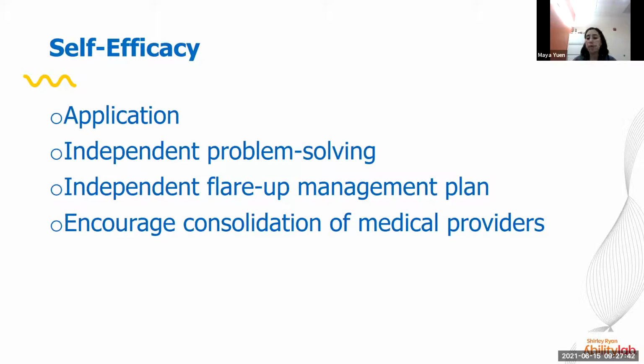Encouraging independent problem solving. So again, initially giving them direction, but quickly holding the patient accountable. So saying, well, what do you think would be a good strategy if you start to have pain during your camping trip? And they hate this at first. At first, it's so frustrating. But eventually it results in a great sense of pride for the patient, self-control.